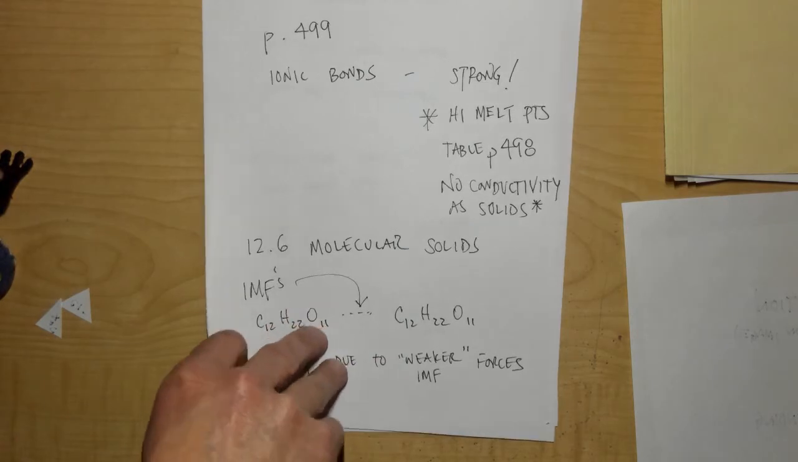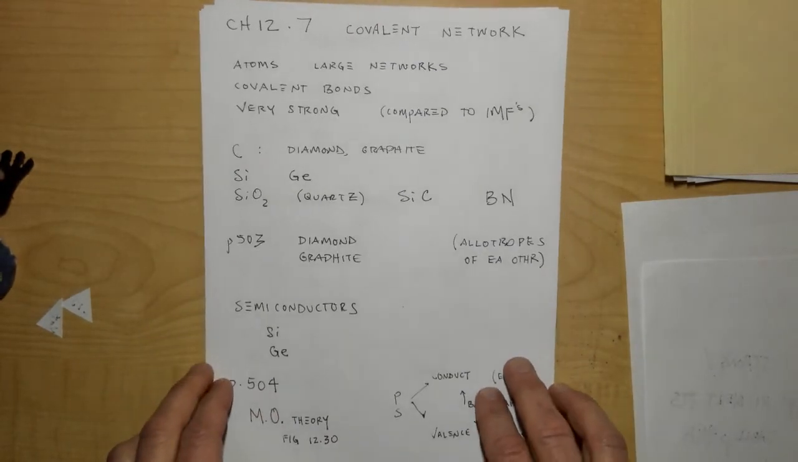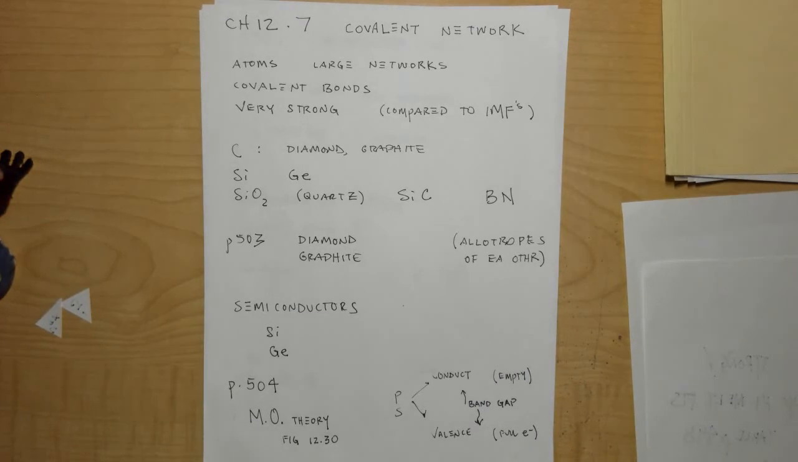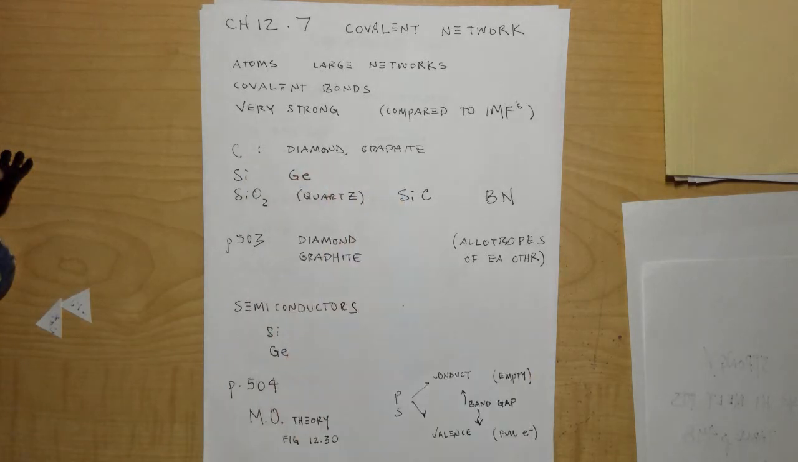The next kind of substance is called covalent network. Covalent network substances are made of atoms, and they're large networks of covalently bonded atoms. Because covalent bonds are much stronger than intermolecular forces, these solids are much harder and have much higher melting points than molecular substances. Some examples of these would be carbon in the form of diamond, or carbon in the form of graphite, or silicon just in the form of silicon, germanium in the form of germanium,